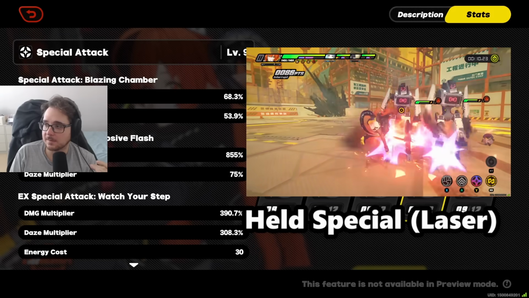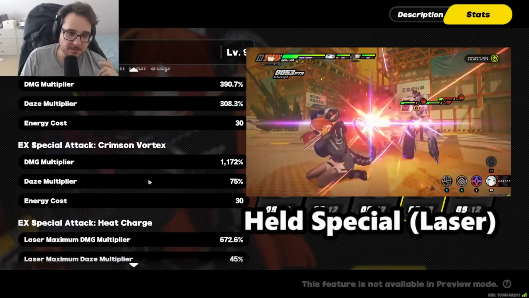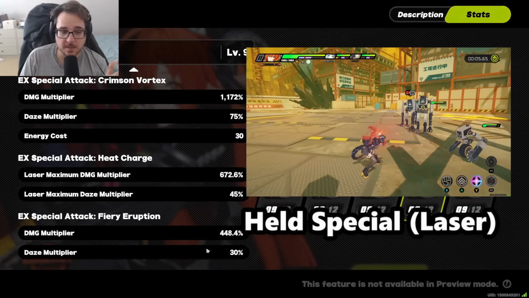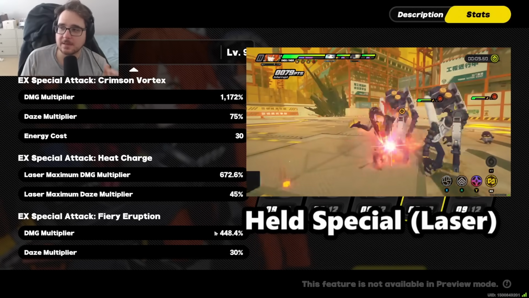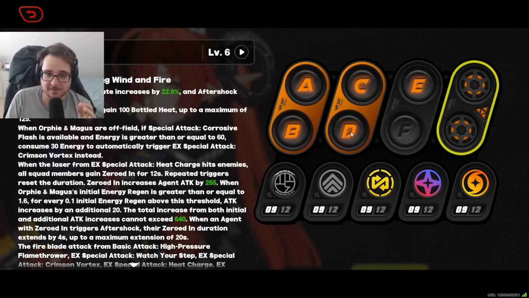And again, if we look at the scaling for that, I'm just going to move my big head out of the way. If we look at the scaling for that, we can see that the initial heat charge is pretty decent in terms of multiplier. So that's going to be that big heat laser that Orphie does. And you might be thinking, well, why do we even need to do the big heat laser? Let's have a look at the core skill and we'll run through the why for that in just a moment